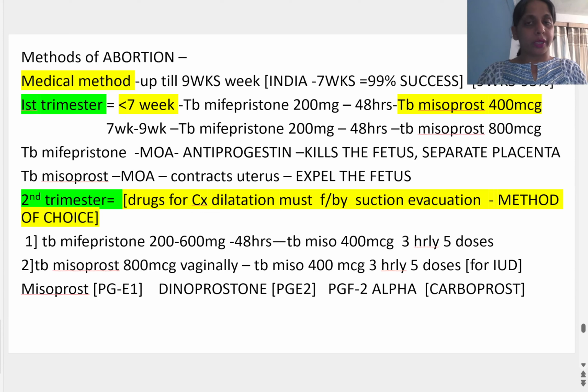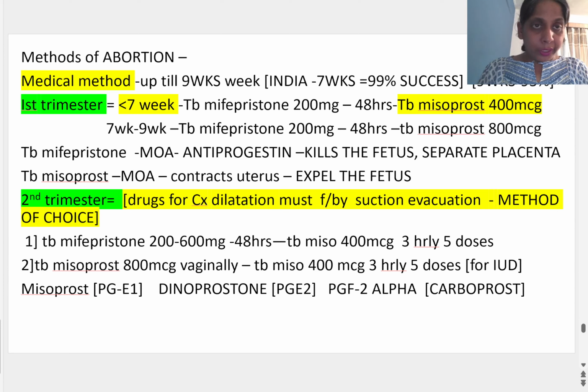उस फीटस को एक्सपेल कर देती है, ठीक है। सेकेंड ट्राइमेस्टर में जो ड्रग्स हम यूज़ करते हैं सर्वाइकल डायलिटेशन के लिए, सेकेंड ट्राइमेस्टर में बच्चा क्योंकि बड़ा हो जाता है तो हमें पहले कुछ ड्रग्स देने पड़ते हैं सर्वाइकल डायलिटेशन के लिए, उसके बाद हम सक्शन इवैक्यूएशन करते हैं, ठीक है। तो जो ड्रग्स हम देते हैं सर्विक्स को सॉफ्ट करने के लिए या सर्विक्स को डायलेट करने के लिए, वो होते हैं टेबलेट मिफिप्रिस्टोन 200 से 600 माइक्रोग्राम, और उसके बाद हम 48 आवर्स के बाद टेबलेट मीजोप्रोस्ट 400 माइक्रोग्राम 3 आवर्ली देते हैं 5 डोजेस के लिए, ठीक है। अभी मेरे साथ 2 बार बोलो, याद हो जाएगा। मिफिप्रिस्टोन 200 से 600, मीजोप्रोस 400 हर 3 घंटे के बाद 5 डोजेस, मीजोप्रोस 400 हर 3 घंटे के बाद 5 डोजेस, ठीक है।